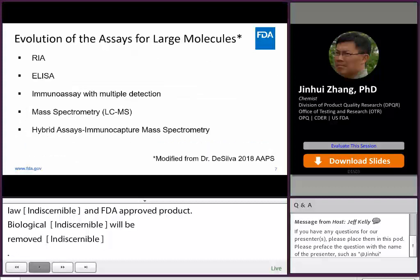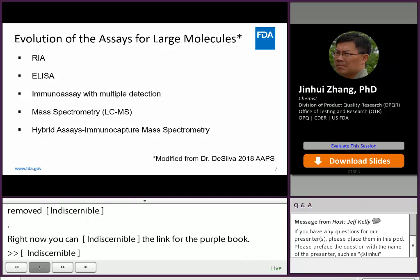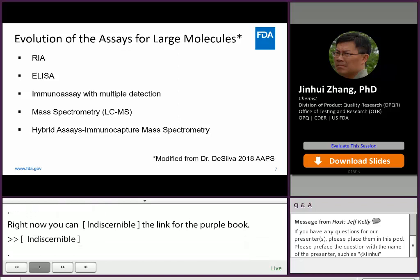Let's talk about the analytical method used for large molecules in biological matrix. Basically, all the assays fall into two categories: ligand binding assays such as RIA, ELISA, and liquid chromatography coupled with mass spectrometry. Back in the 1970s, radioimmunoassay, also known as RIA, was used to quantitate hormones and endogenous proteins in human plasma. Later on, multiple detection systems such as ELISA, chemiluminescence, bioluminescence, electrochemiluminescence were developed to reduce the use of radioactive